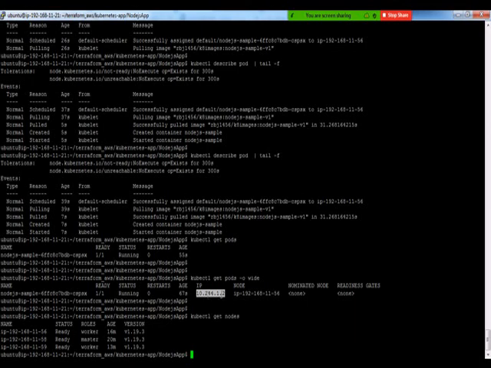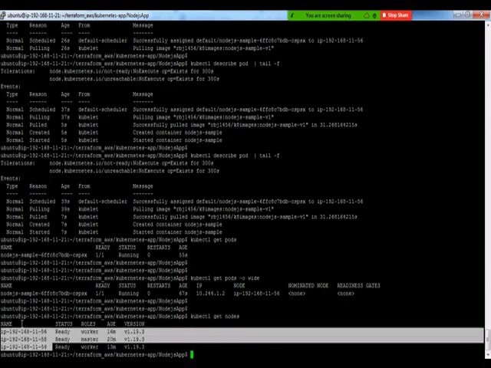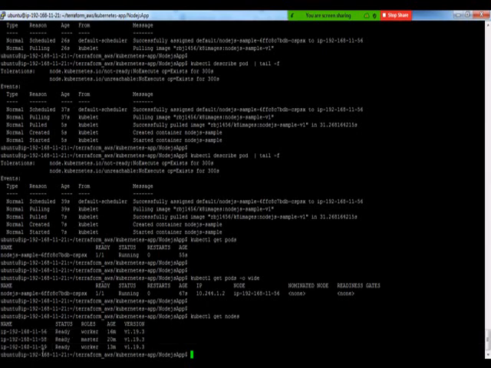And how can we access this application now? I have created this application with a service type called cluster IP. Again, there are three service types in Kubernetes: cluster IP, node port, and load balancer. Cluster IP is a type of service which can be accessed only internally within the cluster. So if I want to access this, I should try to access it from any of these three nodes. Either from the master or from a node I can access it, but I cannot access it from my jump box because I have created an application of type cluster IP.